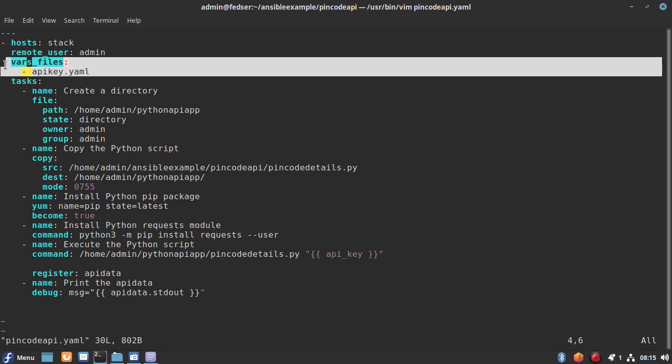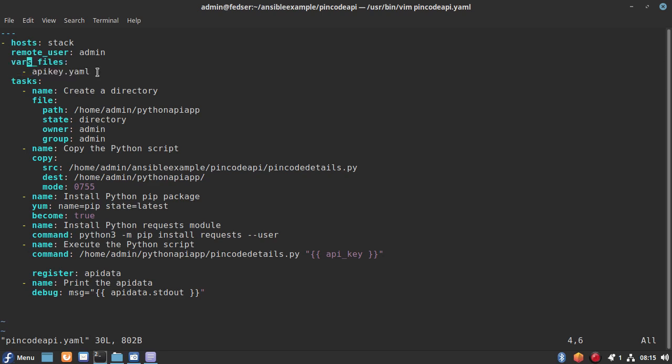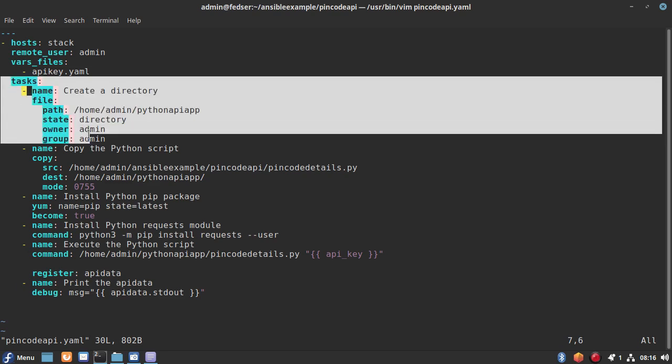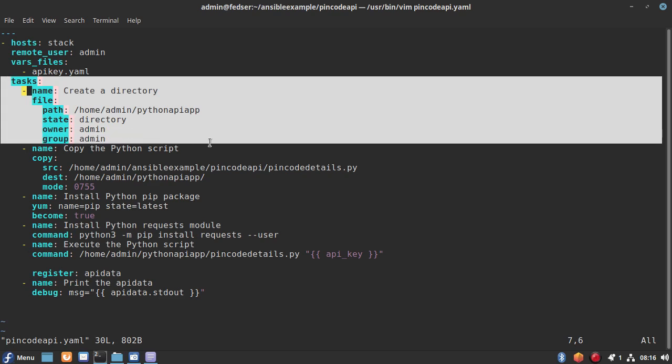And now you can see I have included that vars file, basically the encrypted API key, the key value pair file that I have included in the playbook. Now coming to the tasks which we are going to execute on the remote node.